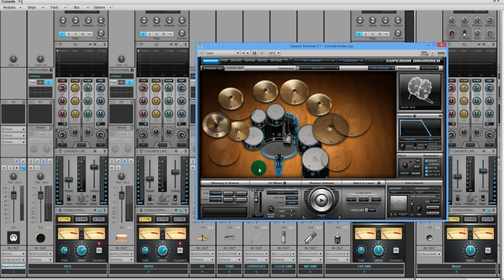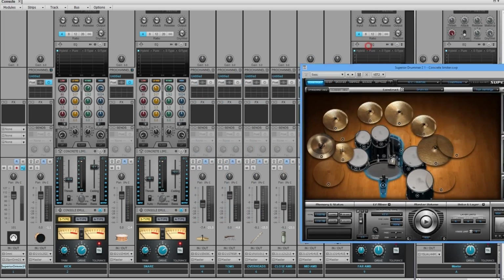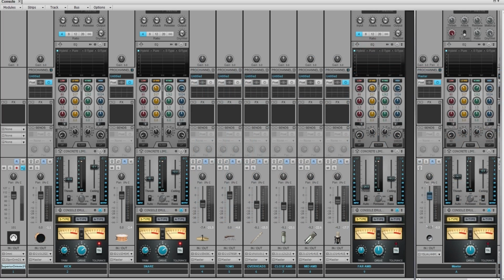You can use it on a bus. You can use it on individual channels and different sound sources. But let me start a loop here and then I can talk over it as we're working. Let me ditch this user interface. Now, as you can see, on channel 1 I've got the main MIDI channel, and then I've got each channel separated. I've got the kick drum,